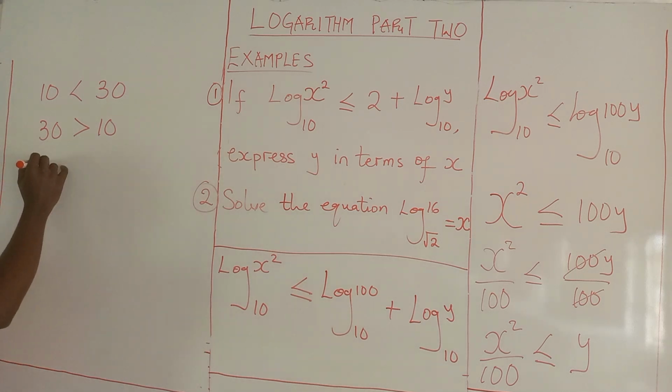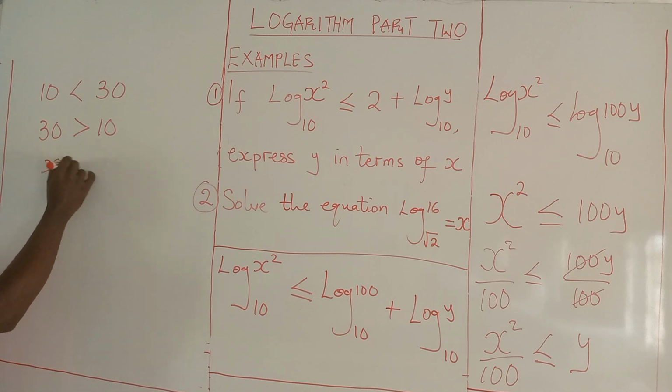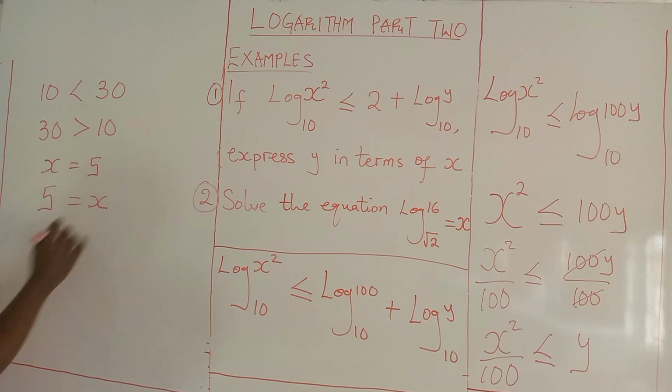For example, if you have x is equal to 5, it's the same thing as saying 5 is equal to x, because that is equality sign. But in inequality, it is not like that. So for expressing 30 first, the sign will change to greater than. So I will apply that here, which means that,